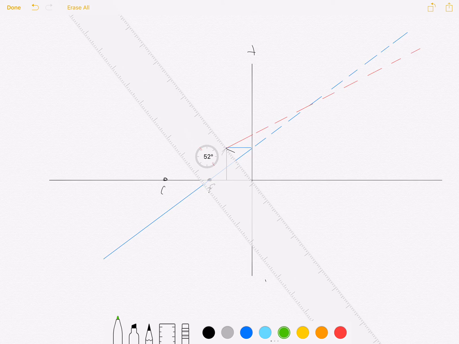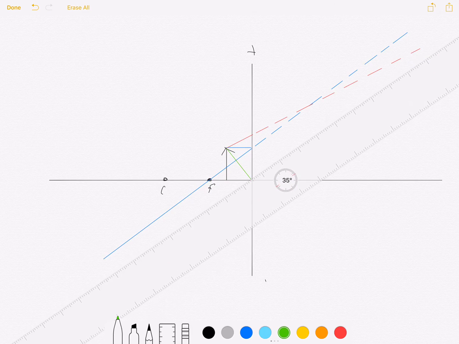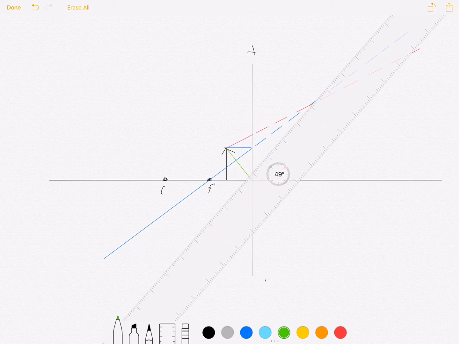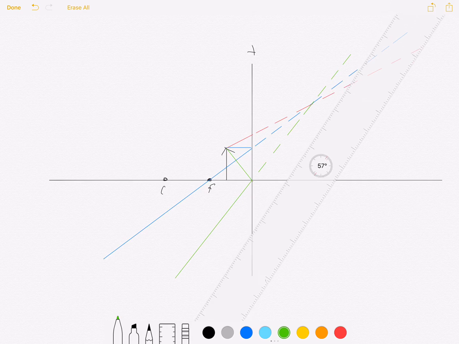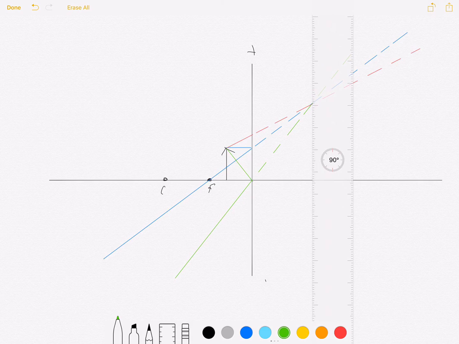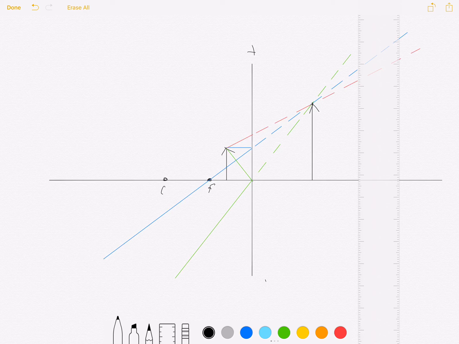And a ray to the center of the mirror will still reflect off symmetrically. I should have read that angle measure to get this exact, but I think we have a pretty good estimate there. So this guy reflects off like so. We can backtrack our line. And I'm pretty sure that our image will form right here. So we have our image, we have our object,